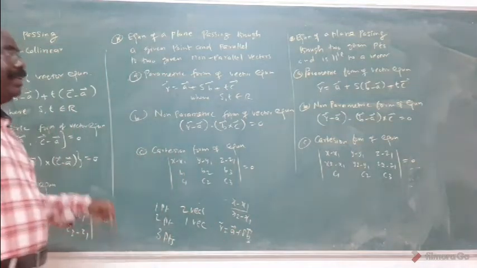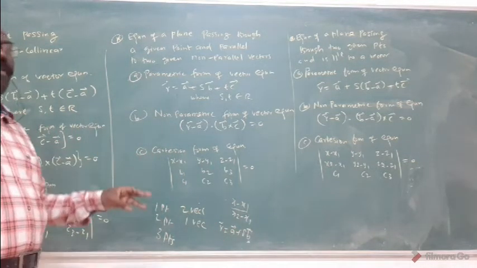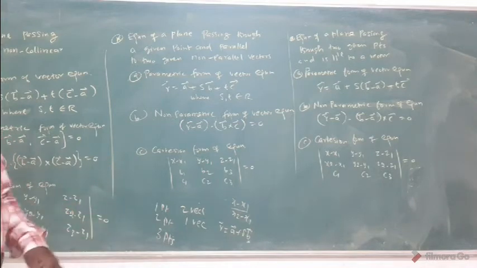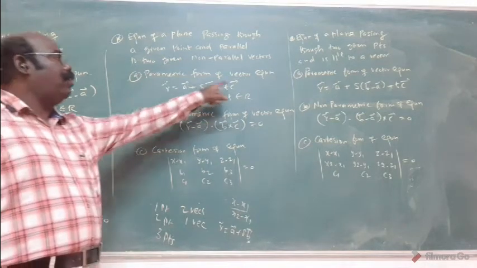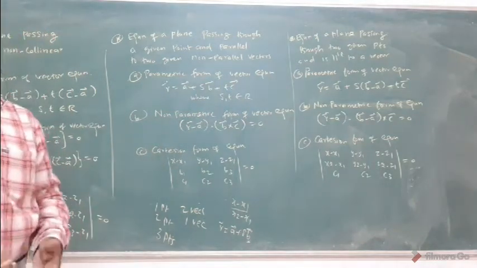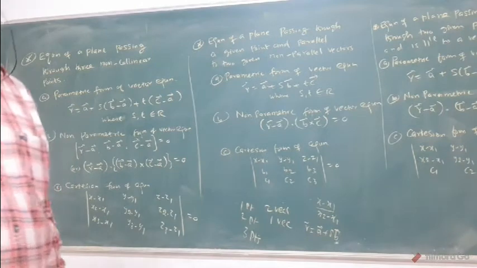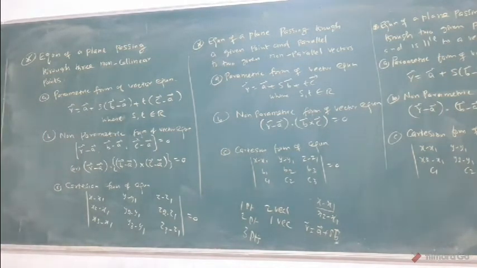But here 3 conditions are given: 1 point 1 vector, 1 point 2 vectors, 2 points 1 vector, all 3 points. That's why 3 terms are involved. Mind it. Anyway, you must write the formula clearly. Then, by using this formula, I will do all the exercise problems. This is an important 5 mark question. You will do all the extra problems also. That is very important.